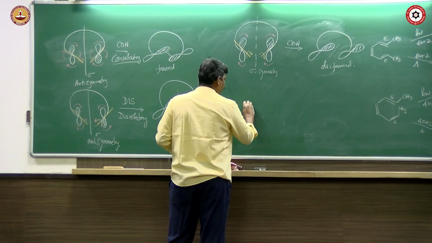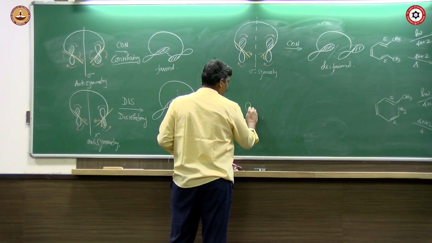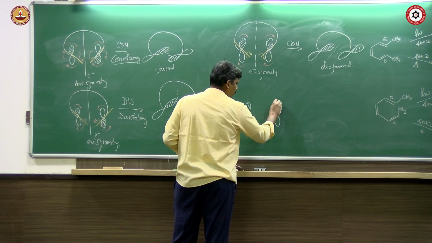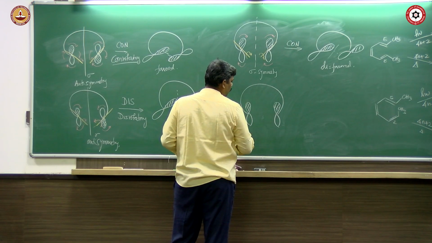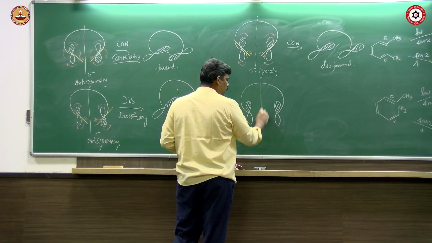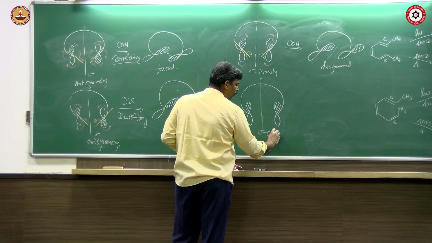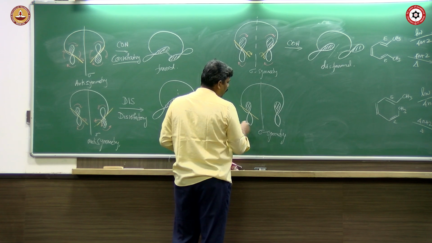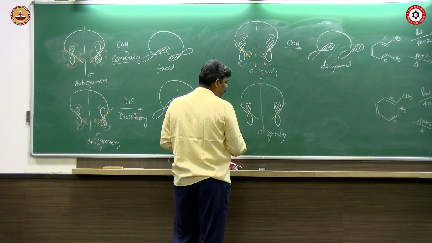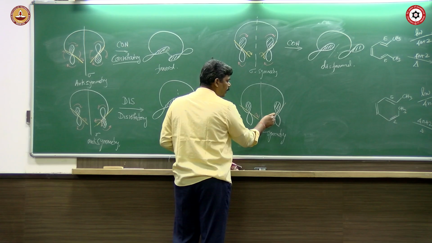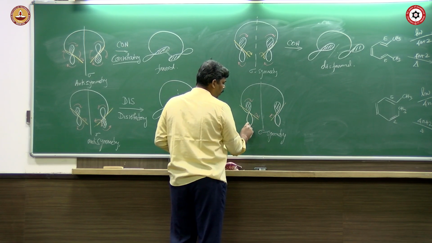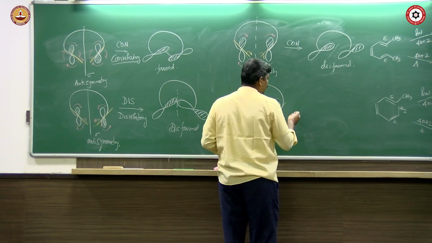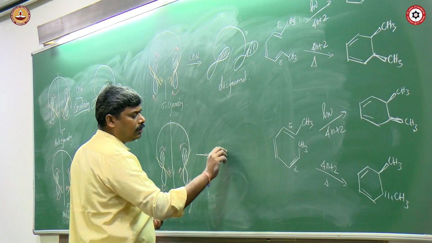However, if you take the same system, now once again I have chosen a sigma symmetric system. Then I now rotate one in these two axes, one in a clockwise, the other in an anti-clockwise. This way it goes, and then here this way it comes. I would potentially have a transition state which is like this.